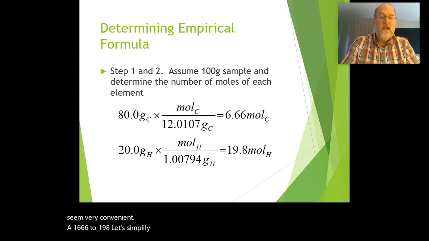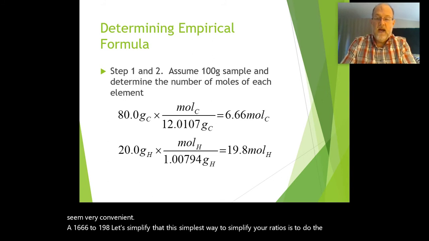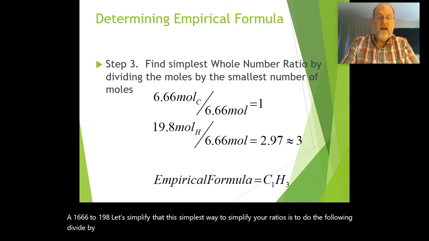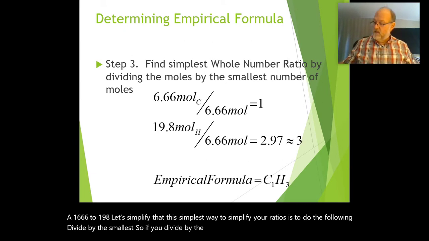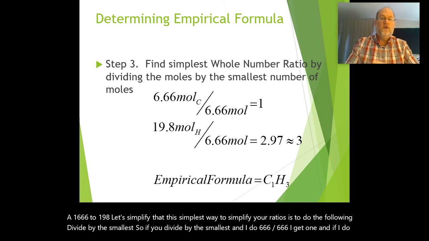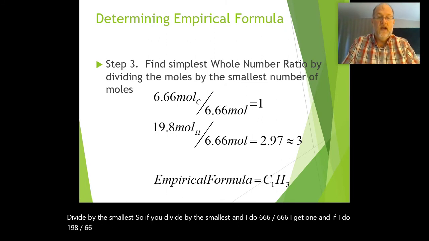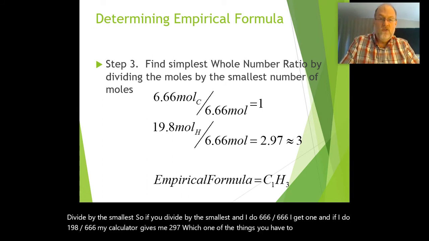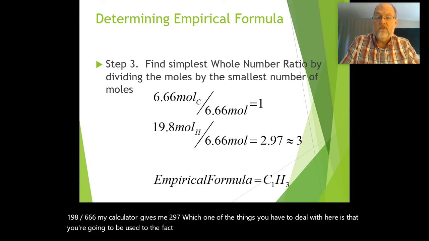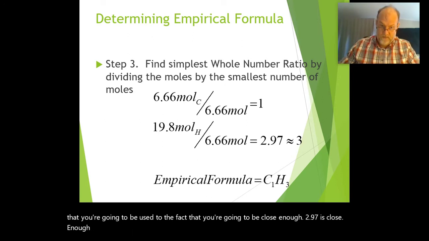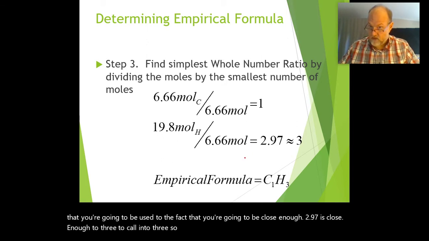The simplest way to simplify your ratios is to do the following: divide by the smallest. So I do 6.66 divided by 6.66, and I get 1. And if I do 19.8 divided by 6.66, my calculator gives me 2.97. One of the things you have to deal with here is that you're going to have to get used to the fact that you're going to have to be close enough. 2.97 is close enough to 3 to call it a 3. So our empirical formula is going to be